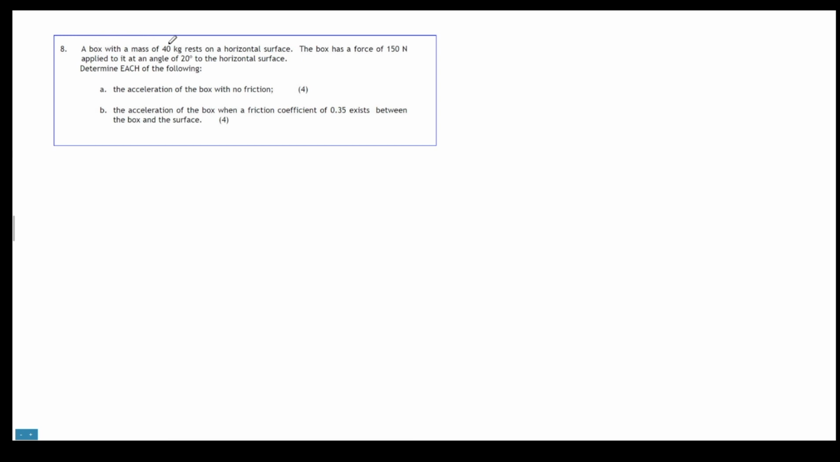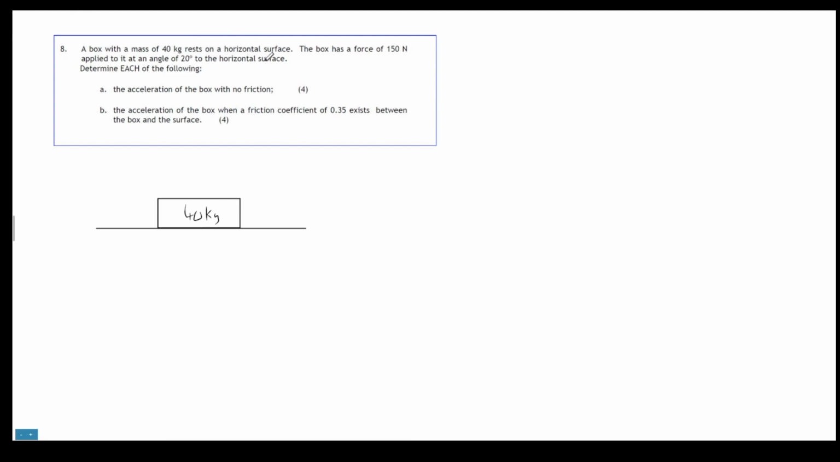So a box with a mass of 40 kilograms rests on a horizontal surface. Let's draw that, because otherwise it's too much information for me to take in. So here's a box, it's 40 kilograms and it's resting on a horizontal surface. That's good. The box has a force of 150 newtons applied to it, at an angle of 20 degrees